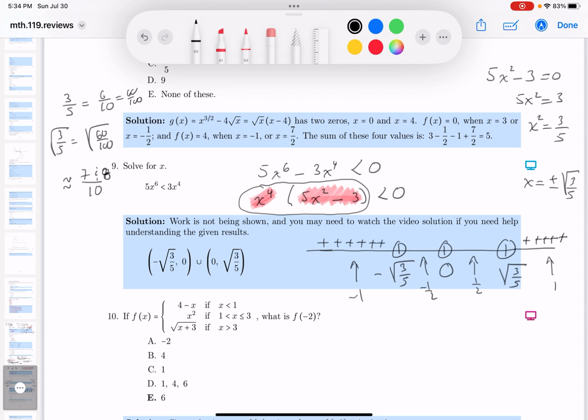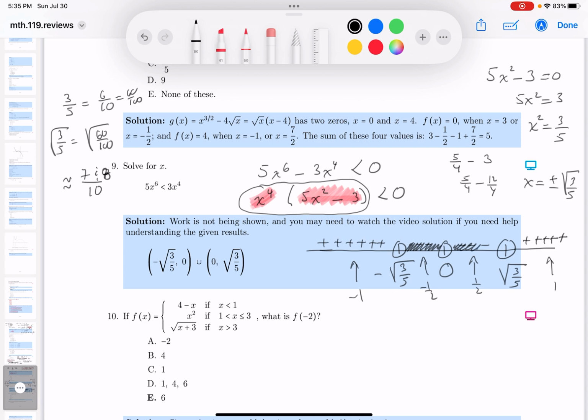All right, what I'm going to do now, I'm going to try a half. And 5 times a half squared is going to be 5/4. Minus 3. Well, 5/4 minus 12/4, clearly a negative. Now, by the way, if you put minus 1/2 in, you get the same number, a negative. All right? What's the question? When is it less than 0? Only here